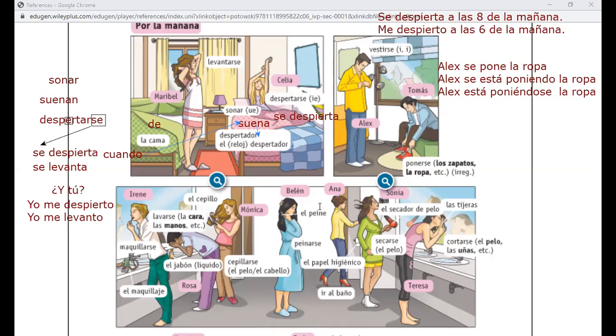Ahora, la rutina diaria. When you say your routine, you don't need to say that you're doing something unless you're doing it right now. Let's speak about how you will lay out your routine. Okay? I'm gonna have to stop sharing right now. You take your screenshot. Un momento, por favor.